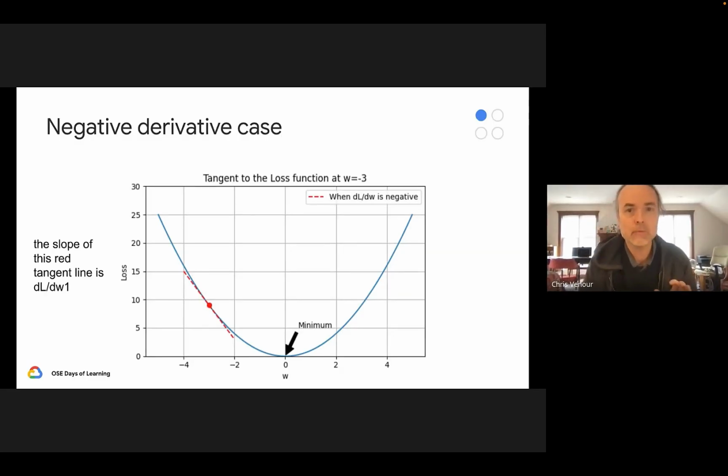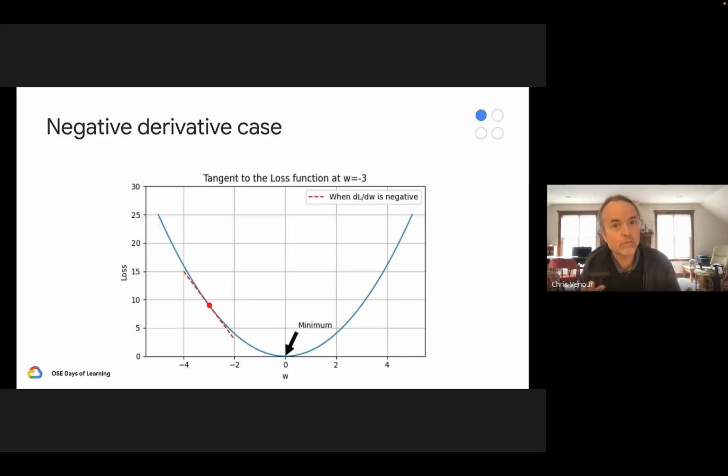And so here, the tangent to the curve at a particular point W1 is the red line that you see there. And its slope is that derivative term dL/dW1. And the slope of that tangent line is negative. So in this case, the line of code is going to be subtracting a negative number from the weight W1, which means we're adding a small number to the weight in order to get closer to the minimum of the loss function. So if that math was a bit hard to follow, calculus might seem like a long time ago for some of us.